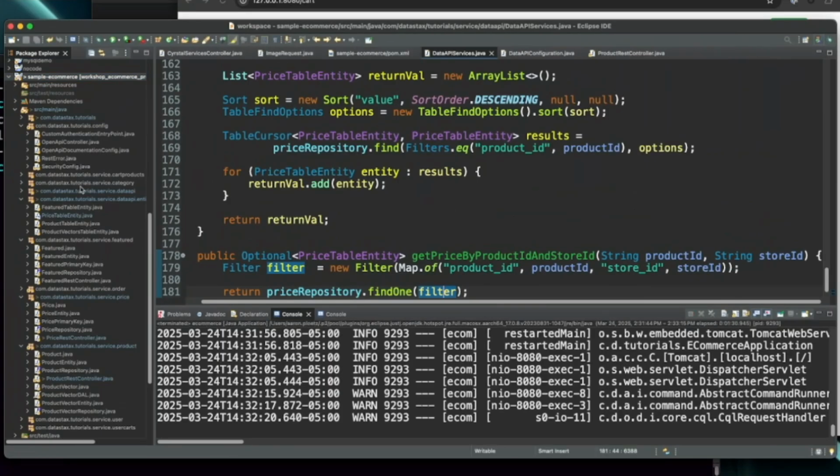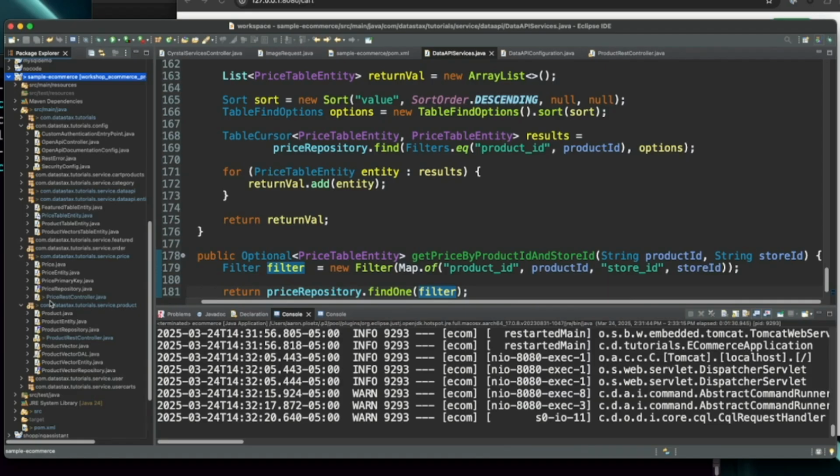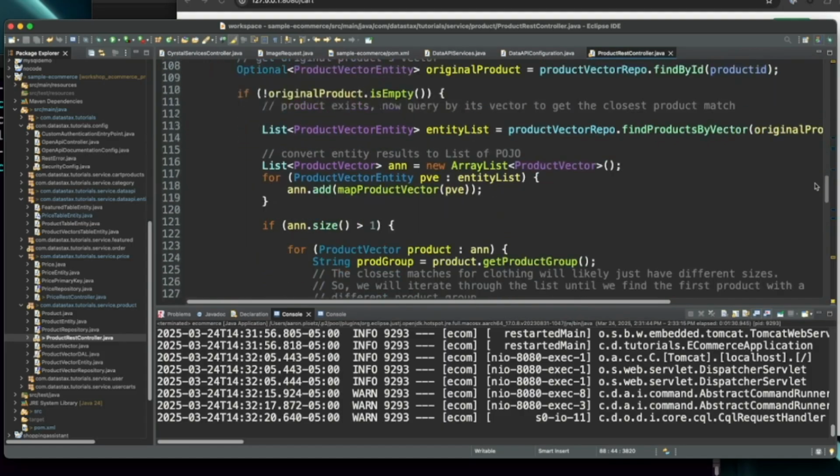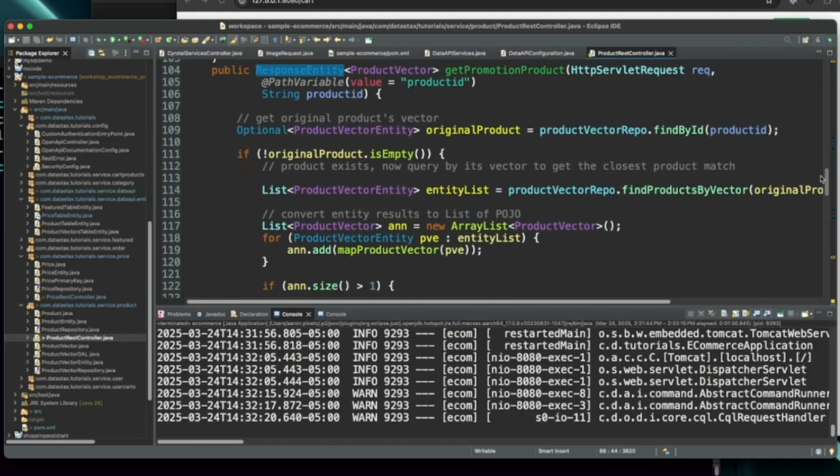All right, let's have a look at what it would take to convert our vector search on product recommendations over to the Table API. So if I go to our product REST controller, let's go down to, yep, get promotion product. Okay, so here's the idea.